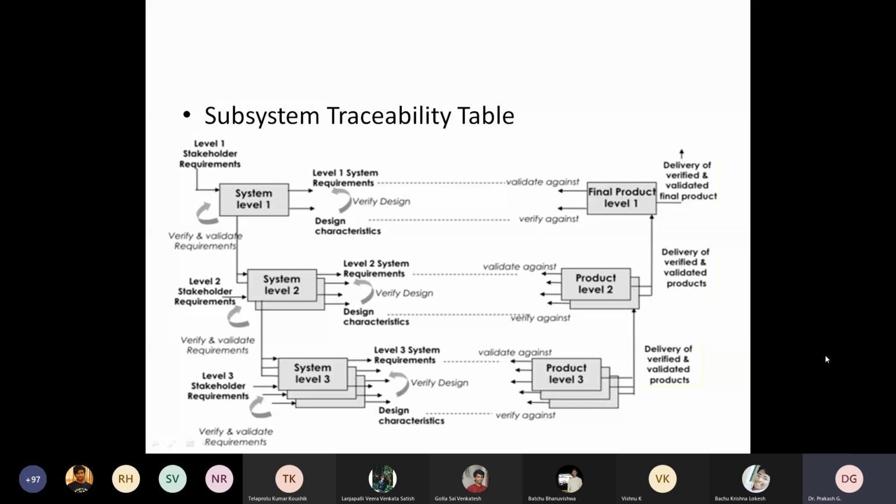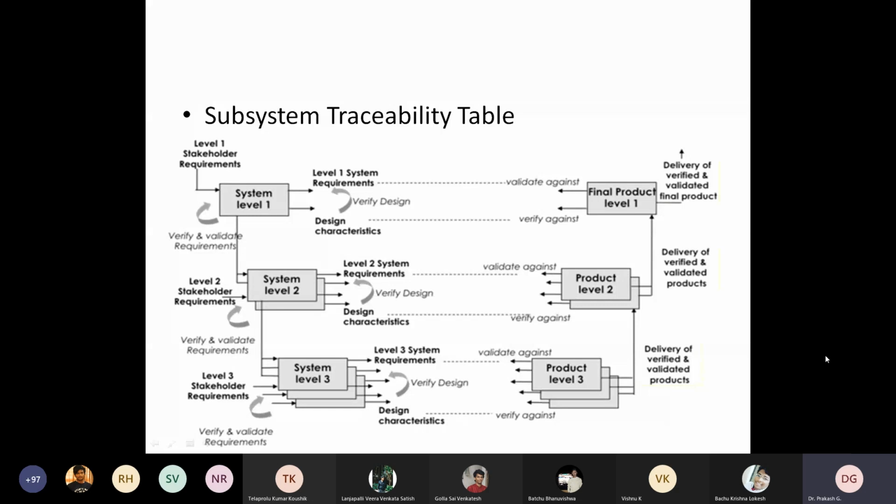Now coming to this diagram, you can see requirements with respect to various system levels, level 1, 2, 3 and so on. In system level 1 we are talking about the stakeholder requirements as well as the system requirements. We have to verify and validate the requirements of the stakeholder, and also verify the design once the requirement is satisfied. The same follows for level 2 and level 3.